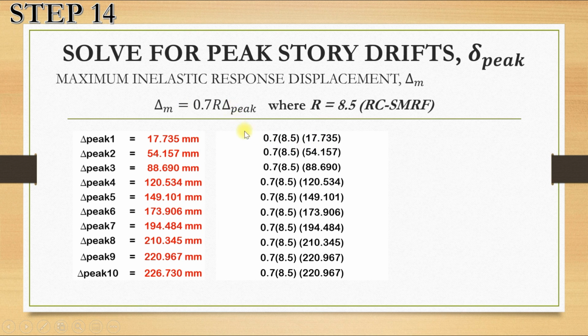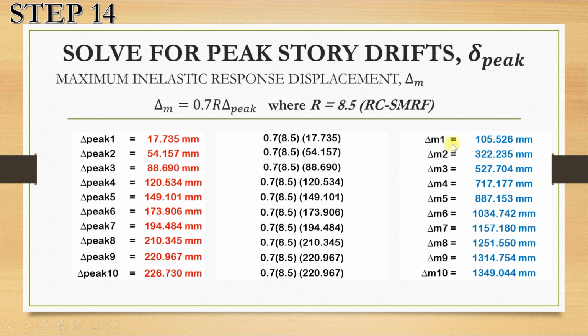Papalitan natin ito. Tapos, yung R naman na ito yon. Tapos, i-times natin sa 0.7. So, 0.7 times 8.5 times 17.735. So, meron na siyang delta M1 which is equal to 105.526 mm. So, dito sa delta peak 2, may value na 54.157 mm. So, kung isubstitute natin dito sa formula na ito, pati ang R, ito na yun, 0.7 times 8.5 times